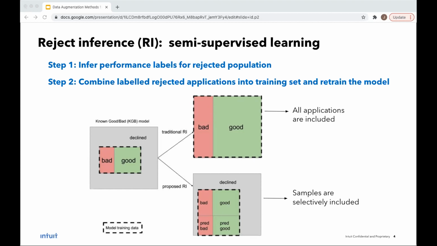The data is separated into observed and unobserved. On the left, you can see the colored part is the funded loans, and the gray part is the declined data. The model with only colored data is called the no good or bad model. Traditionally, reject inference methods will infer labels for all the declined population and use them to train the new credit scoring model,